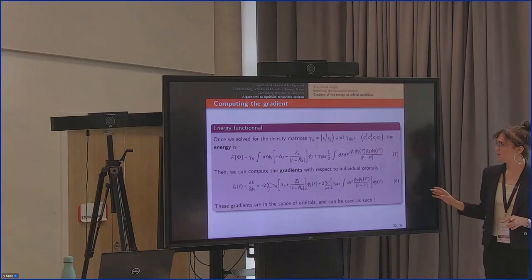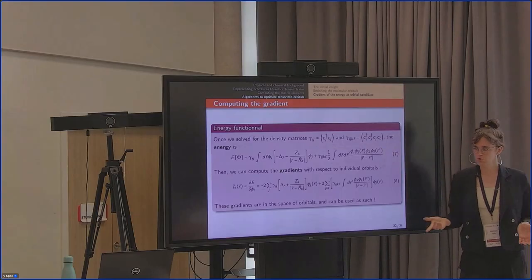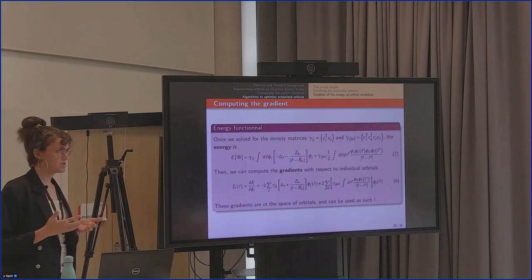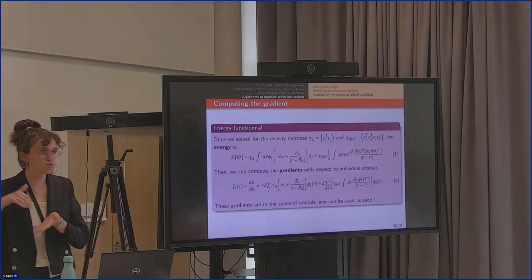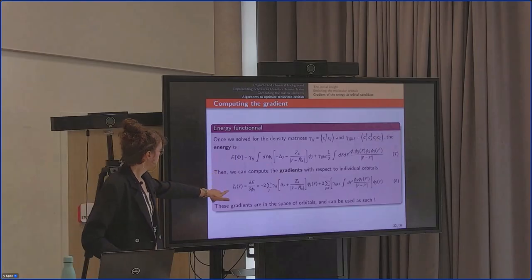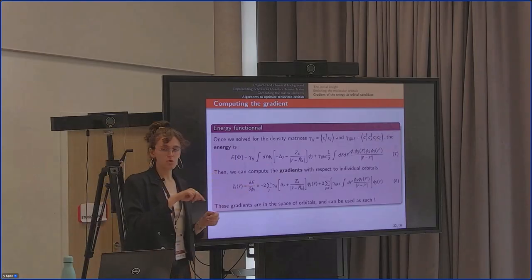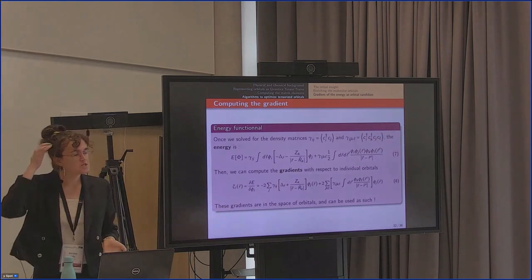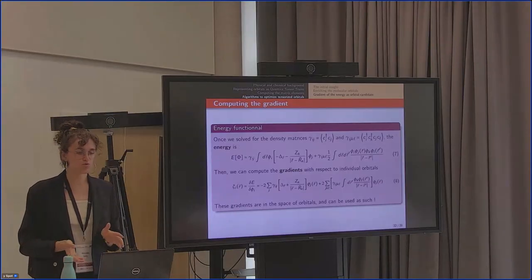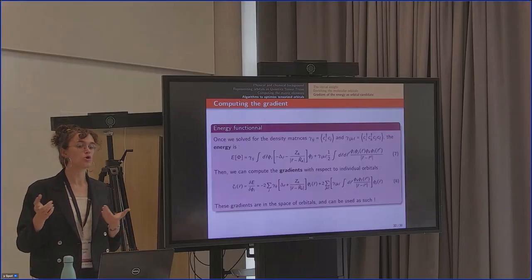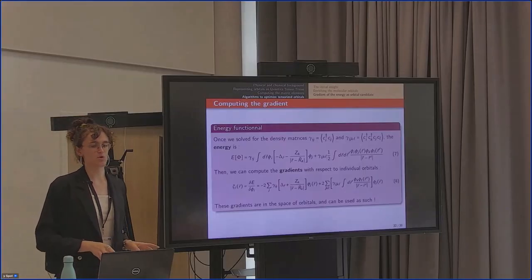And if we write the energy as a functional of the orbitals, the natural way, when we think about gradient descent, to improve an orbital is just to follow the gradient of the energy with respect to this orbital. So that's exactly what we do. Here we compute this psi i, which is the functional derivative of the energy with respect to the orbital phi i. If we wanted to do line search, which we don't really want to do, this would indicate in what direction in this function space we should go to improve this orbital.